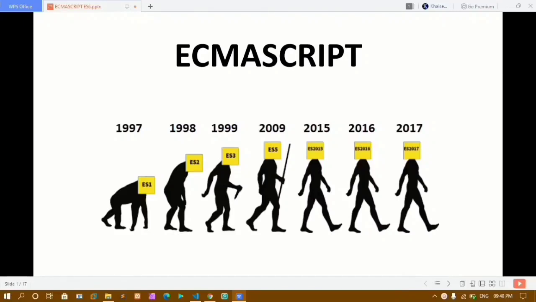ECMAScript features are very important. When you want to learn React, these features are very important, and also if you want to create advanced-level projects in JavaScript, these features will be very important. You have to apply all these updates and features to make your code more readable. You just have to write a little bit of code and you can make your project more attractive